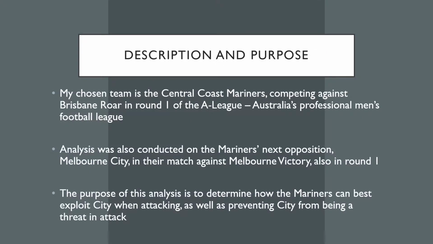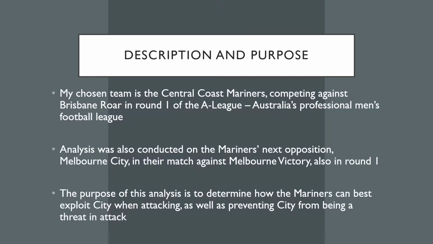So for this analysis, the competition is the A-League, being Australia's professional men's football league. I've chosen Central Coast Mariners as my team and analysed their performance against Brisbane Roar in round 1 of the 2018-19 season. I've then analysed the round 1 fixture between Melbourne City and Melbourne Victory, given City the Mariners' opposition